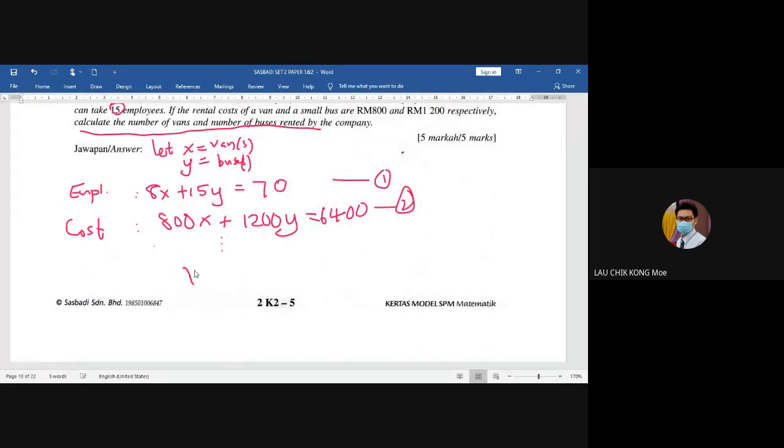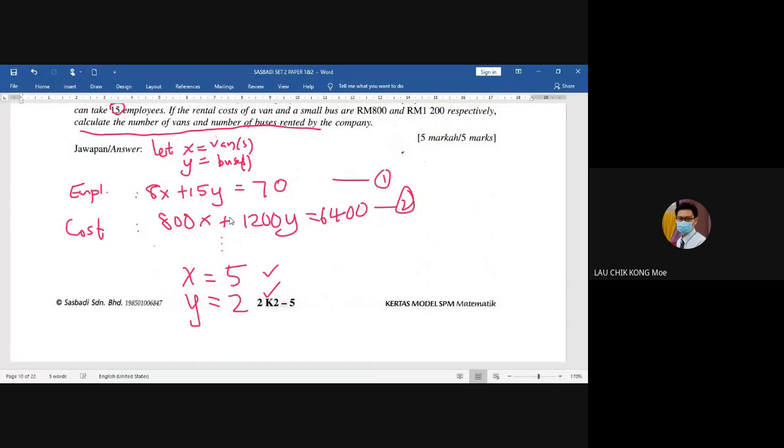So I'm from Shafika. The X equals to 5 vans, Y equals to 2 buses. So the company rents 5 vans, 2 buses. Okay. So awak sambung langkah kerja, saya tak tunjuk lah sebab most of the students do this question correctly. Very good. Simultaneous linear equations. Well done. Okay. Ini memang kena puji betul lah. Yang betul itu pujilah kita kan.